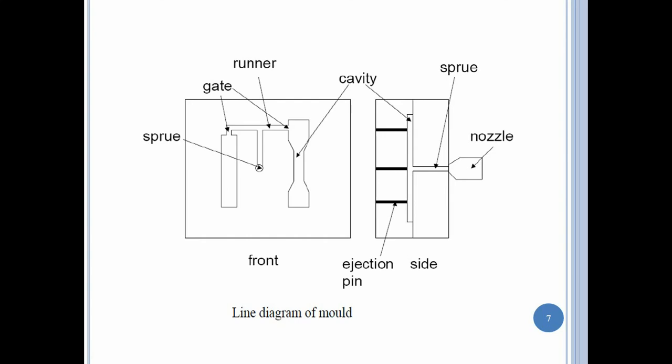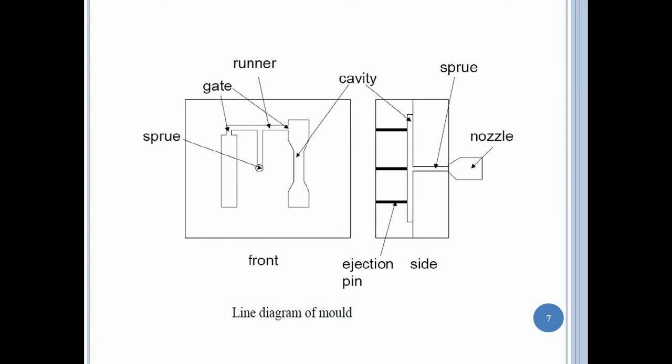Now the gates and runners. The gates are designed in such a way that the thickness of the plastic product is minimized at that point, and when the article falls down along with the gate and runner, the gate is easily cut off from the article.